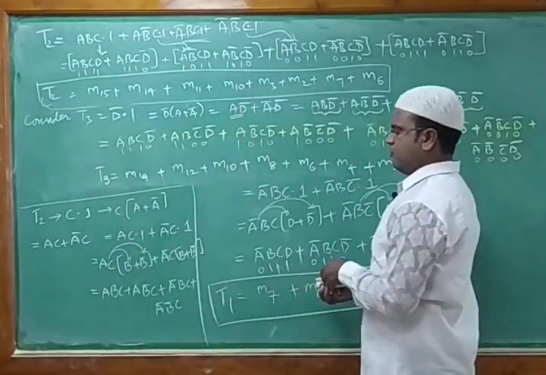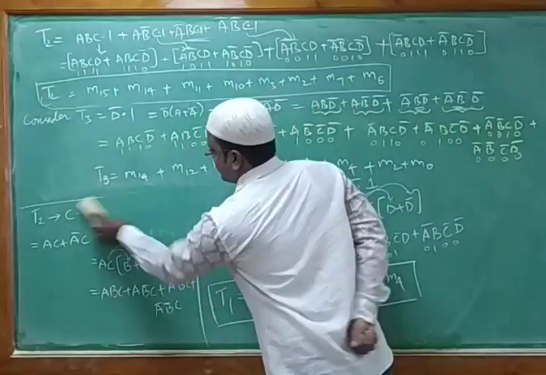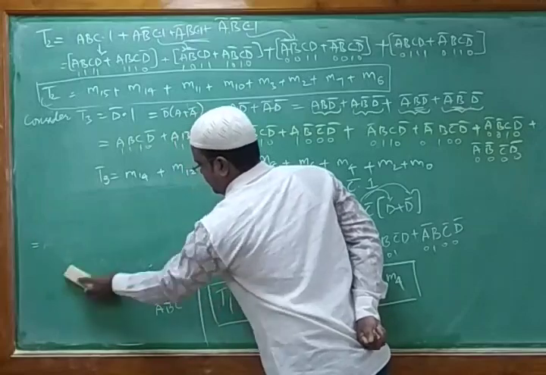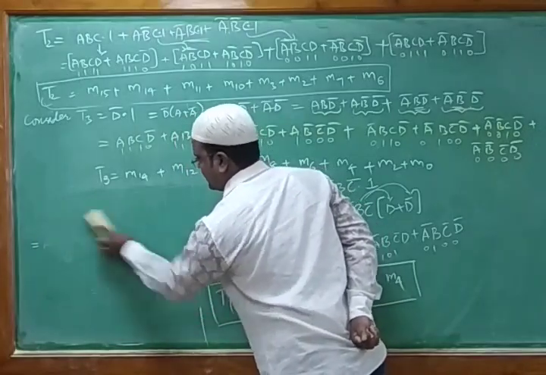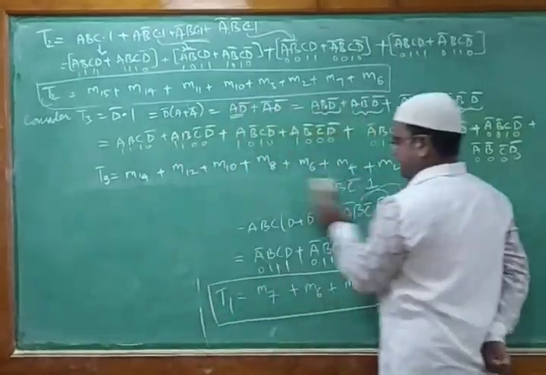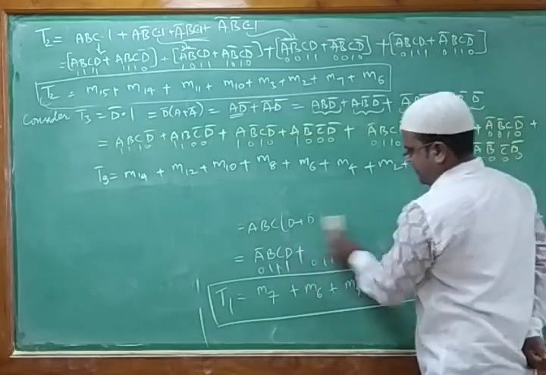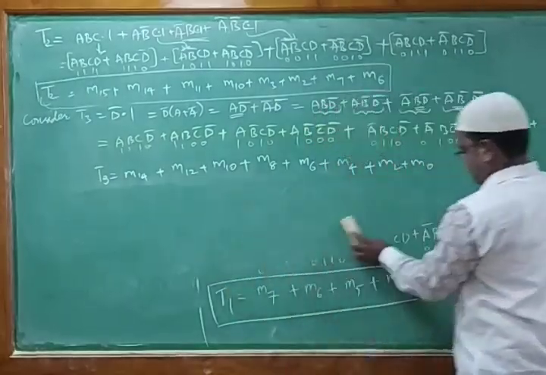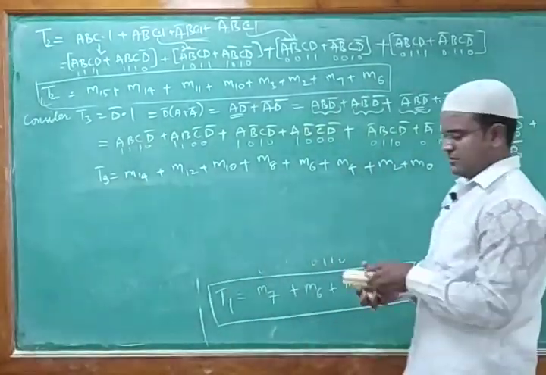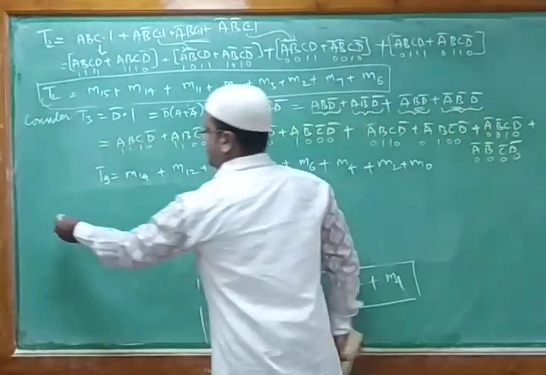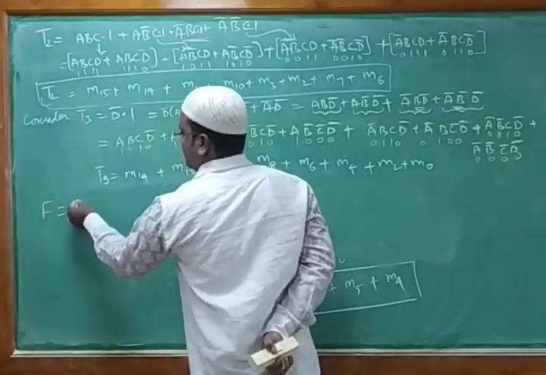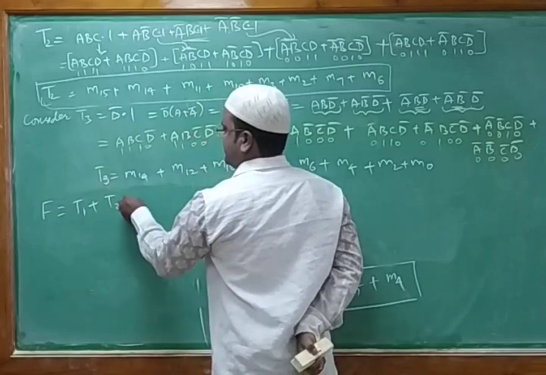After getting these all, what is the next criteria? Writing the whole terms in terms of summation. That means your Boolean function we need to write at the end. So what I'll get for this? If I'll take the function f is equals to, what is f is equals to? Term 1 plus term 2 plus term 3.